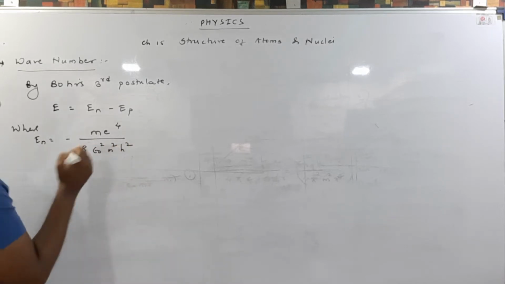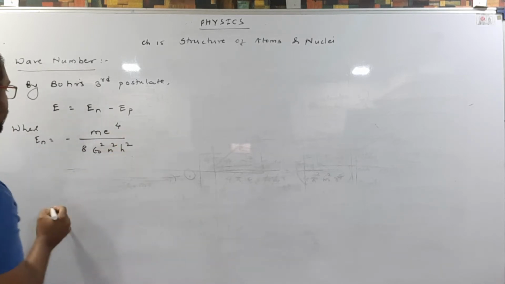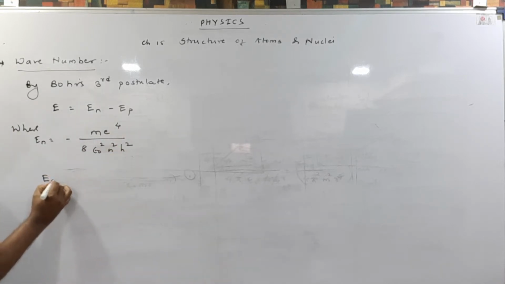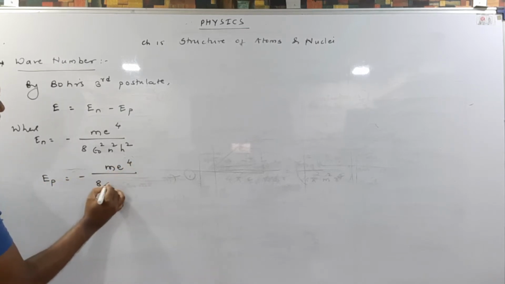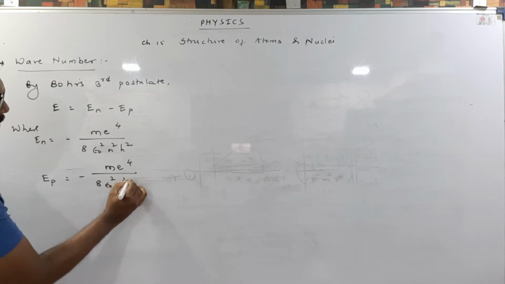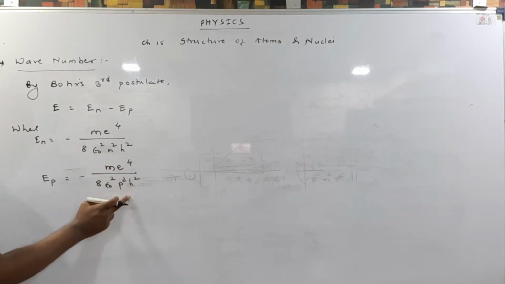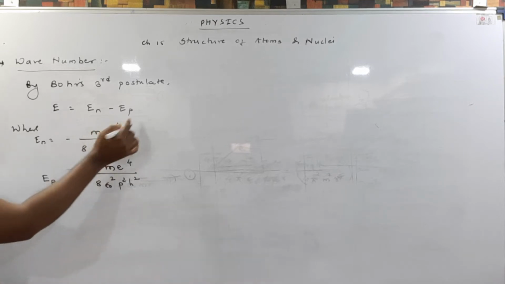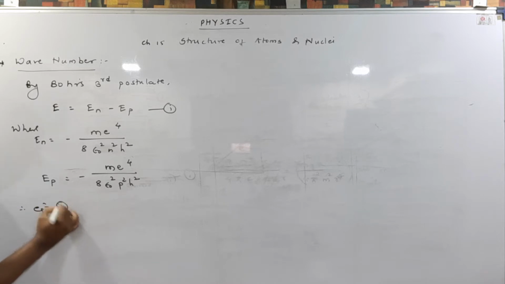In a similar manner, I can write Ep as minus me raised to 4 divided by 8 epsilon 0 square p square h square. So instead of n, I have written p here. So let me substitute these two in equation number 1. Hence, equation 1 becomes